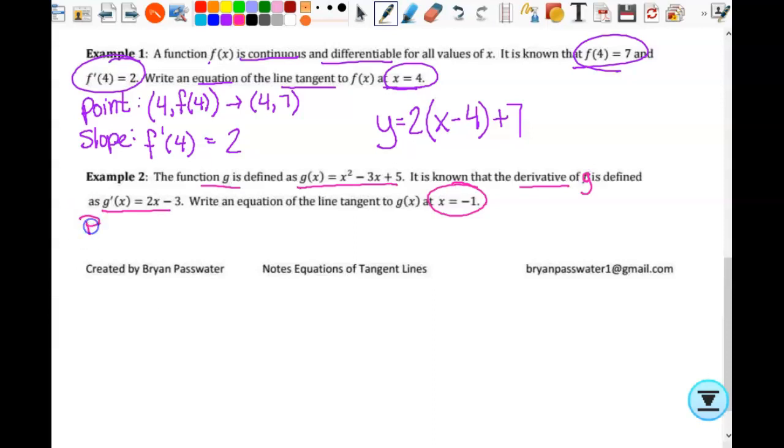But I need my point, and I need my slope. So my point is going to be (-1, g of -1). My slope is g prime of -1. And I'm going to need to find these things, right? So I can find